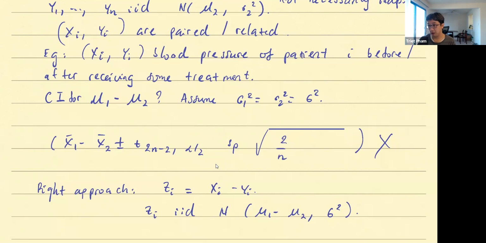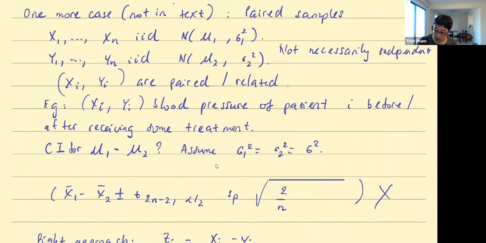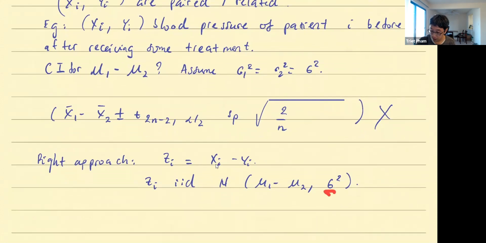Because the person's reaction to the medication before and after across different patients may not be the same. But again, the more realistic you make it, the harder the construction becomes. So here I assume that the interaction is the same. There is a dependence, but it is the same across different patients. I'm just addressing the independence assumption, not the homogeneity across different patients. But anyway, if you assume this, then the confidence interval